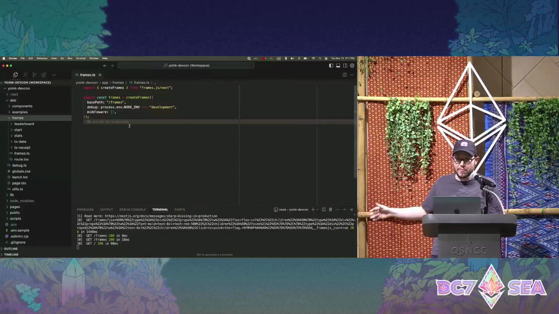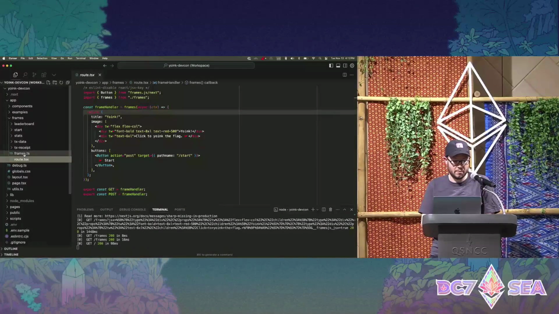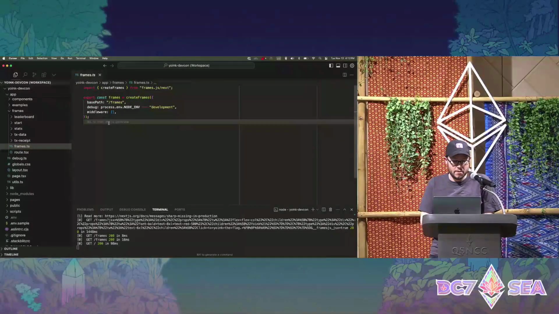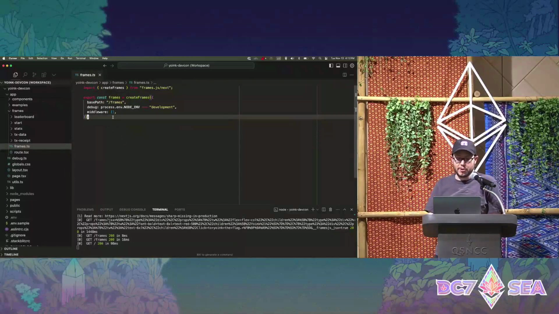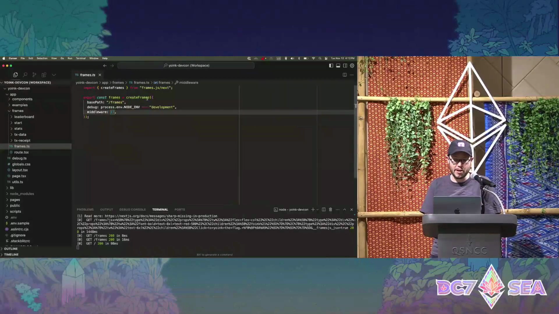Okay, so let's look at Yoink from the top, and then we'll roll back and build it out step by step. Here in this frames.ts file, we're defining the configuration for our frames application. So a base path, which is where we're going to mount the frames. We can define all the configuration for the app here. Go check out the frames.js docs for all the details on how this works. We can define things like middlewares. So if we wanted this to be compatible with other frame ecosystems, like Lens or XMTP, we could add middlewares here that extend it to be compatible with other ecosystems.